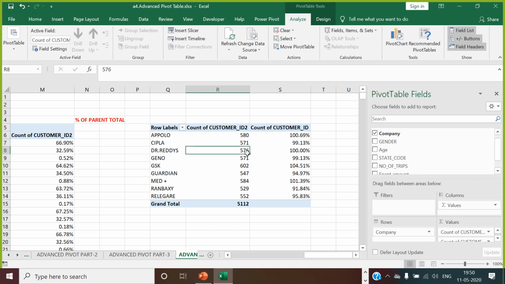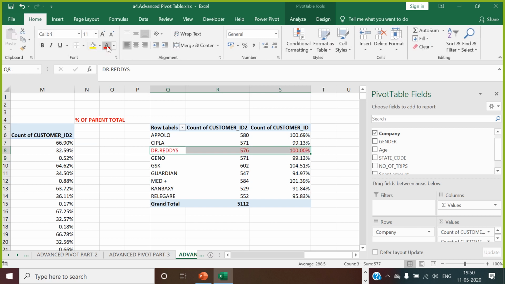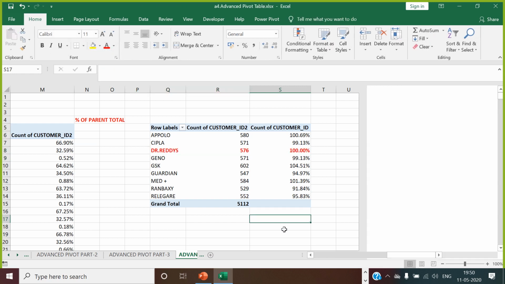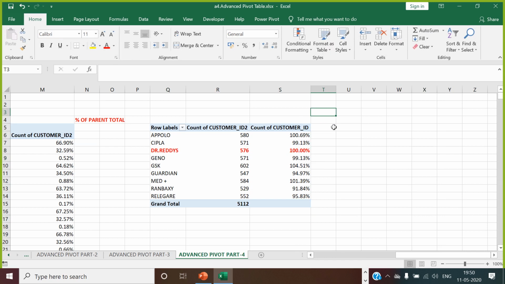If you compare Dr. Reddy's to Geno, you can see Geno is 99.13. So that means Geno as compared to Dr. Reddy's base, it is at 99.13%. So this is how we are looking at the difference from the base company, which is called your Dr. Reddy's. This is called percentage of.